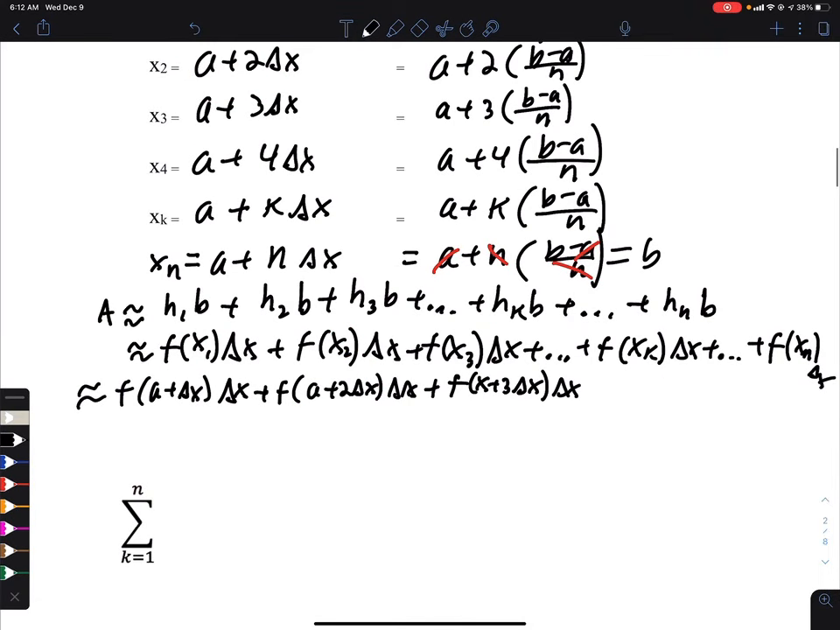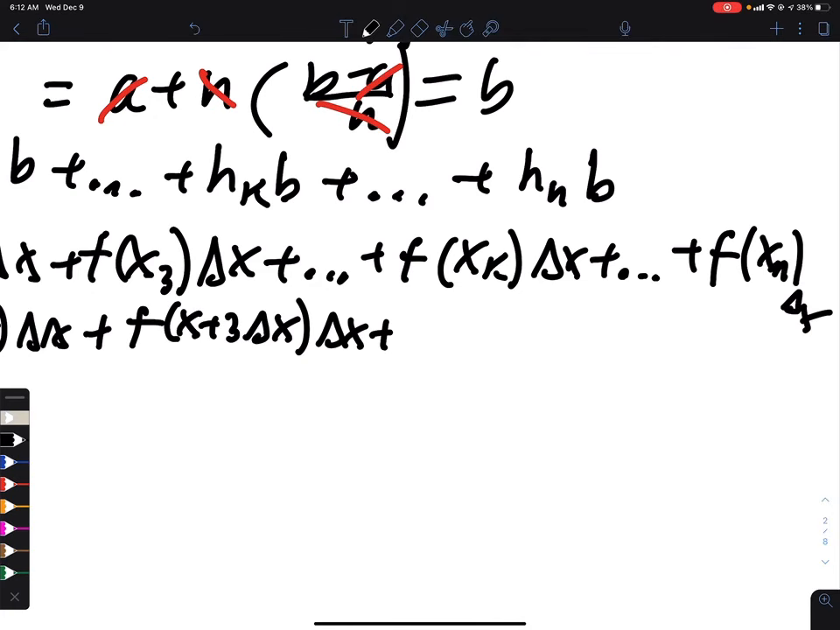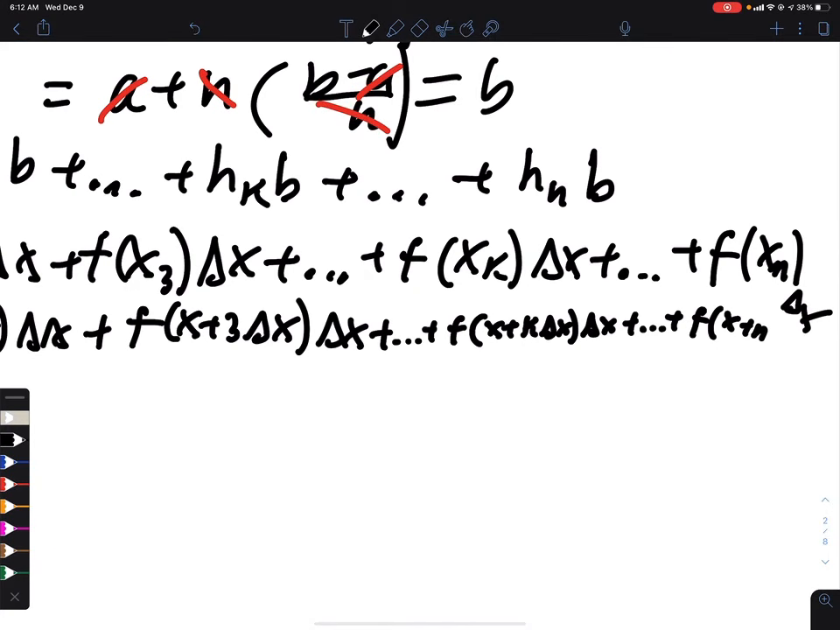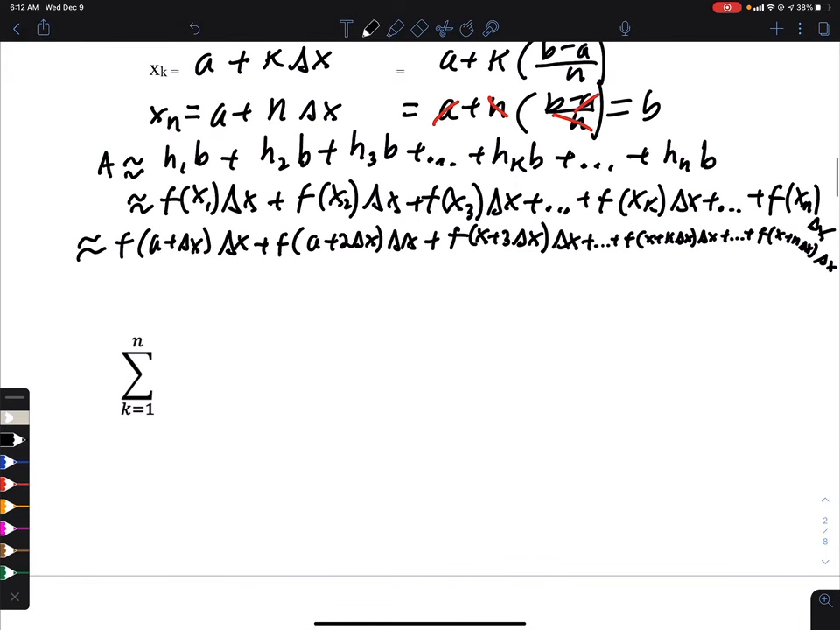Now I'm really going to be scrunched for room here. So let me zoom in and write smaller. This is going to be x plus k delta x's times the width delta x. And then this is going to be x plus n delta x's times delta x. Wow, really running out of room. Now, in summation notation, the area is going to be about